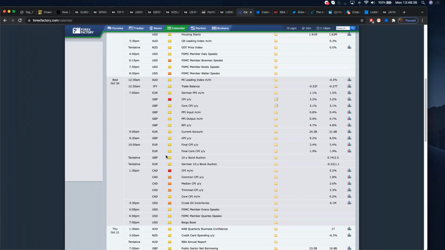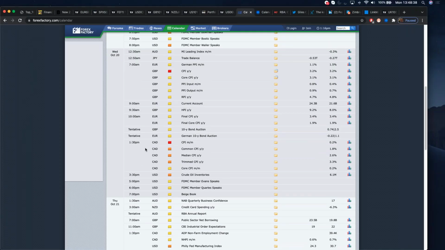Returning to the rest of the week, we see CPI data coming out of Canada. Again, we are expecting generally high inflation across central banks. If we see more inflation coming from the Bank of Canada, that just plays into those inflationary fears around the world. Wouldn't be surprised to see a little bit of upside in CAD, but remember, it would depend on the risk tone. It's nothing that's necessarily tradable.